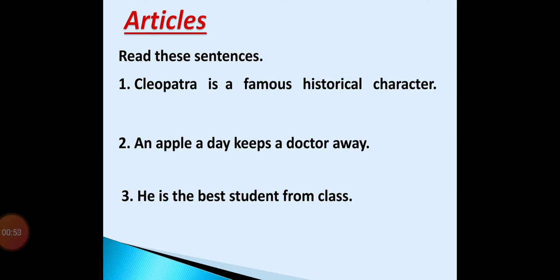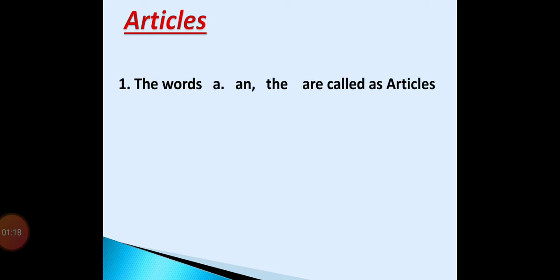Now see, in these three sentences, a is the article, an is the article, and the is the article. These are the three articles in these sentences, and you know a and the. These are three articles we have been using. Now, why we need these articles, where to use and how to use. The first thing is that now you came to know that a and the are called articles.